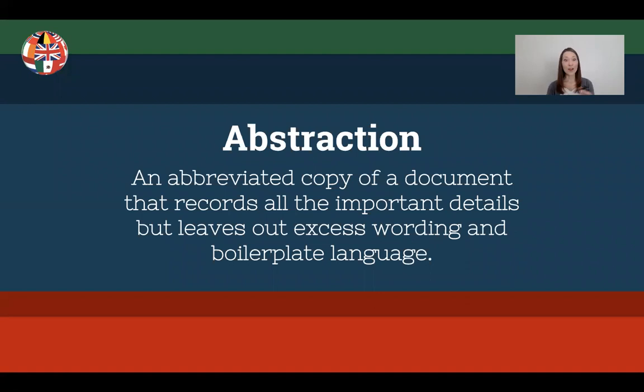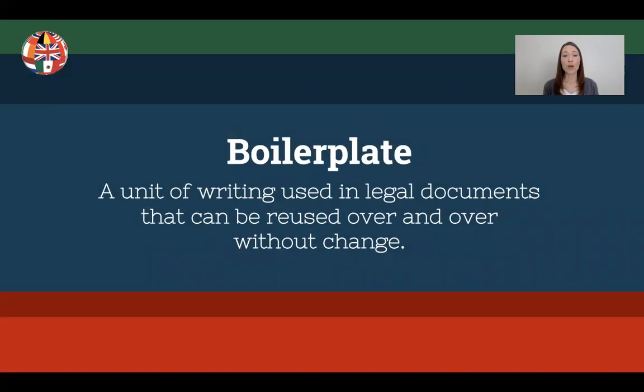All right, now we're moving on to abstraction. An abstract is just an abbreviated copy of that full document, and it records just the important details. We're going to remove excess wording like boilerplate language. Boilerplate language is a unit of writing used in legal documents that can be reused over and over again without